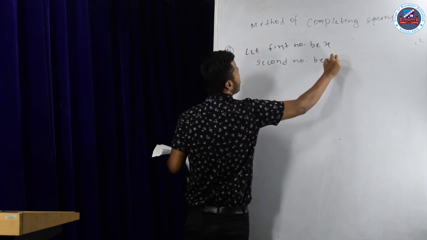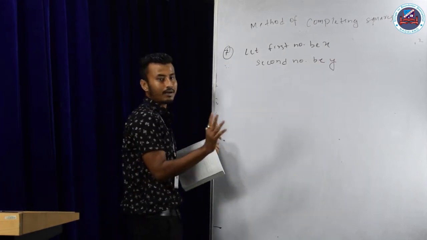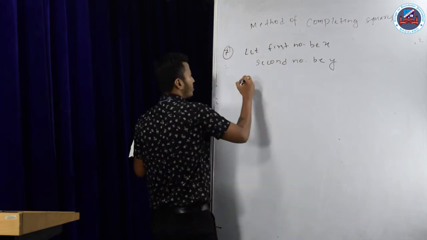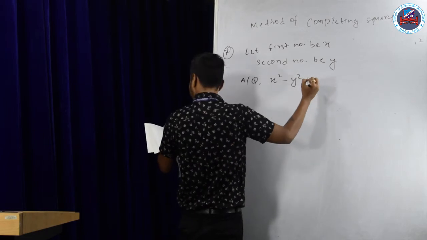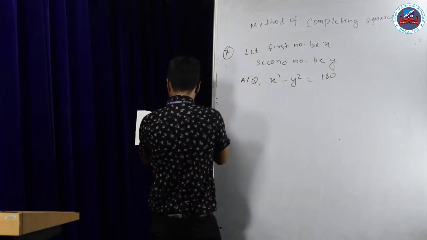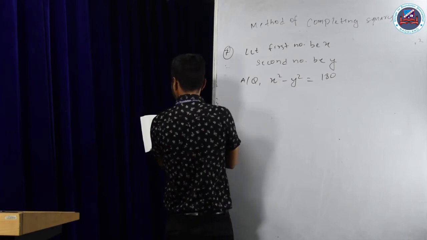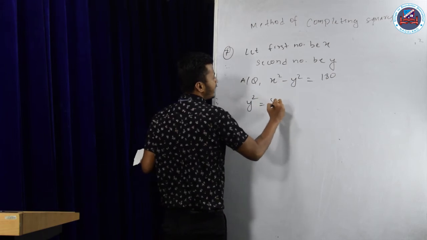Now you might ask me, sir, why are you taking y? This is only a quadratic equation. Don't worry, you will know why I took y here. So according to the question, the difference of the squares of two numbers is 180. Then what other data is given? The square of the smaller number is 8 times the larger number.